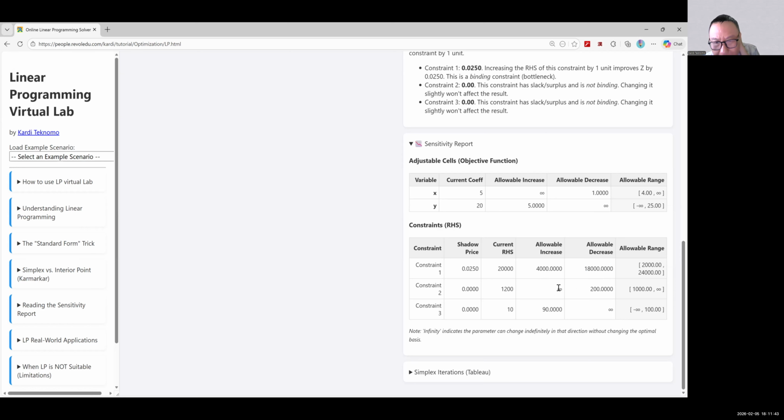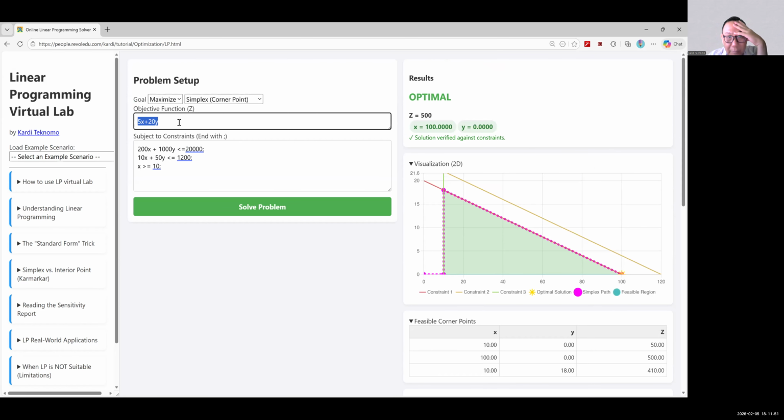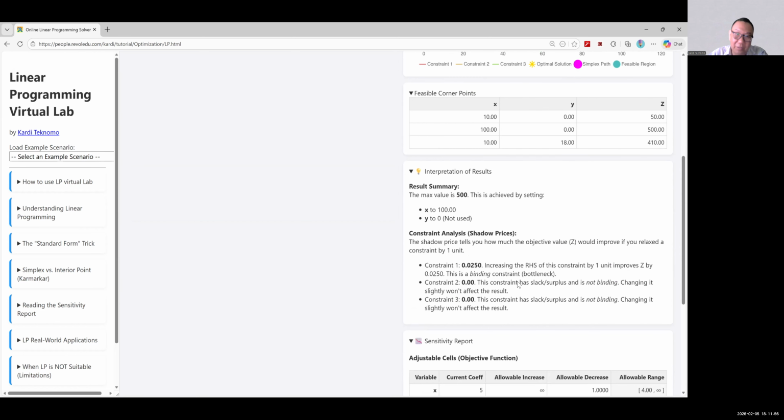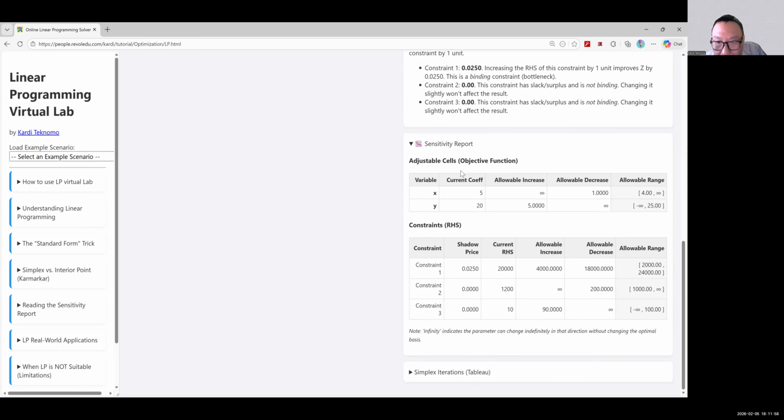For land, can you see the objective function there? No, I mean the sensitivity of objective function. Ah, that one. So currently you have five.